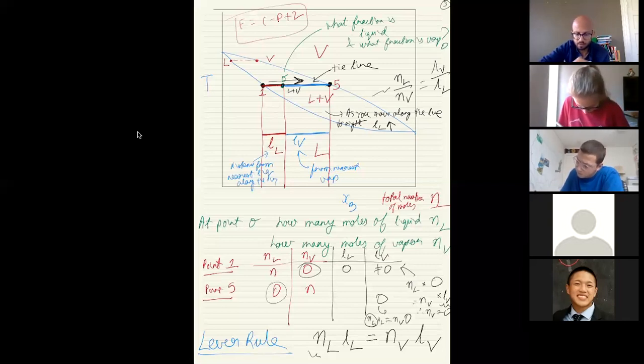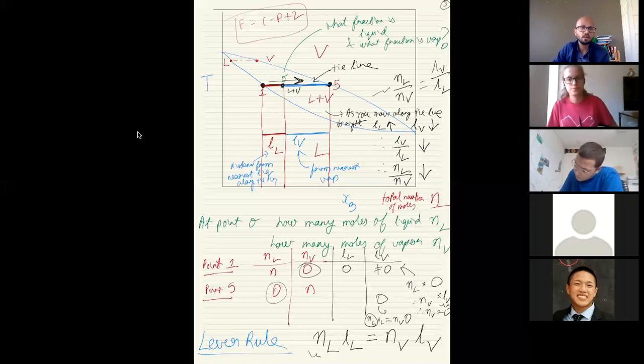You're moving further and further from this liquid point 1. Your LV decreases because you are getting closer and closer to the vapor point 5. Therefore, LV by LL also decreases. The numerator is decreasing, the denominator is increasing. Therefore, NL by NV decreases, right? So the number of moles of the liquid relative to the number of moles of the vapor decreases,